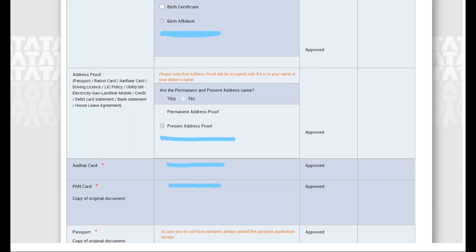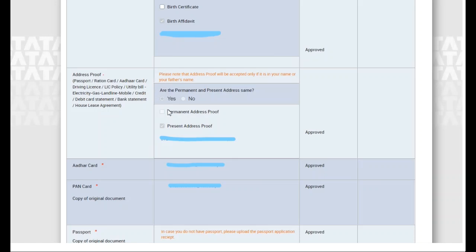After birth certificate, the next document is the address proof. In this address proof, you can upload documents such as your passport, your ration card, your Aadhaar card, your DL, your LIC policy, utility bill, gas or electricity bill. These are the documents you can upload as your address proof. If your permanent and present address are both the same, just click here on the yes.